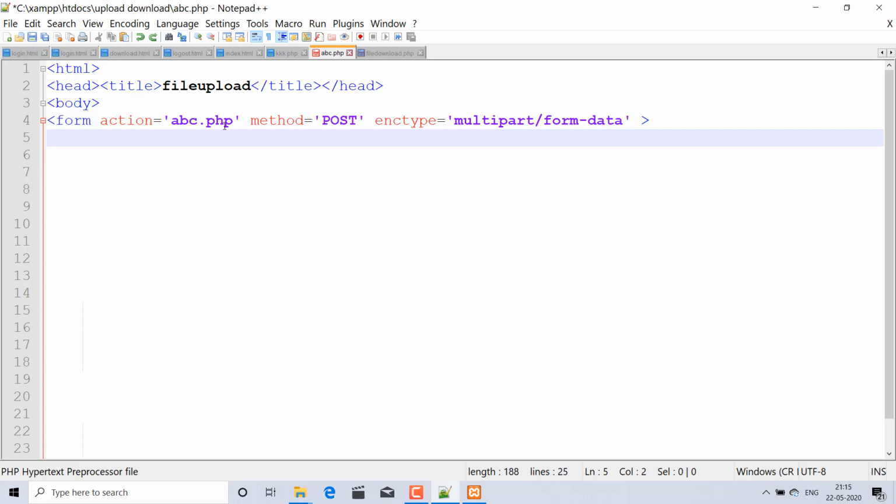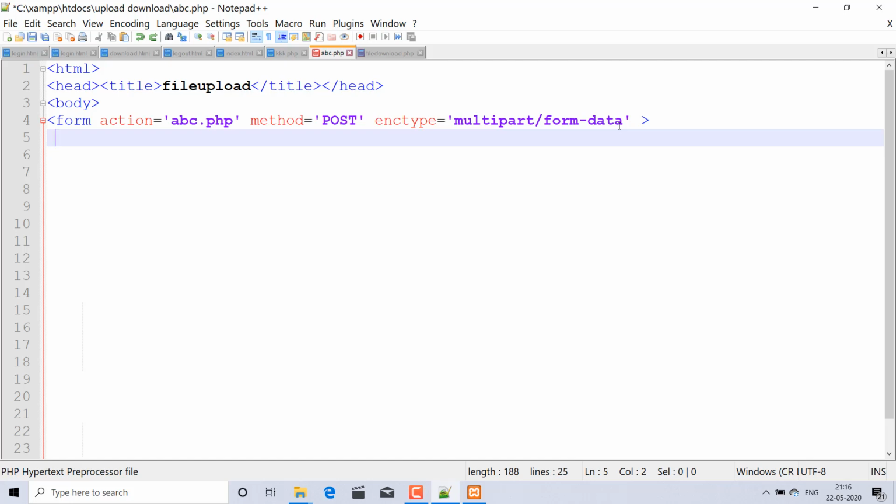It means whenever the form is submitted, where it will go, where the action will be performed, that address will be put here. And which method are we using? Post method. You can also use get, but it's not secure, though it is fast, and post method is secure but less fast. And the encryption type, enctype, multipart form data. What that means we will cover in another video.